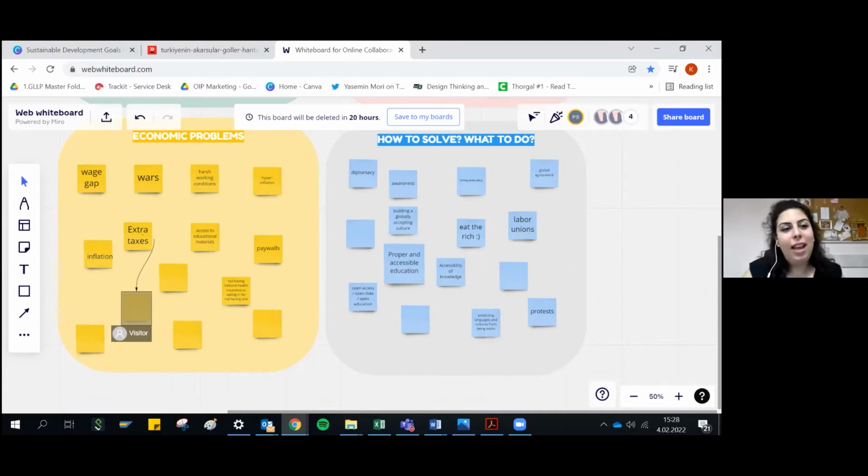Okay. Anyone would like to add something? We can move on. If you have anything to say, we can wait. Somebody wrote entrepreneurship. I just saw it. This is a good one. The person who wrote it, or any other student here, why do you think entrepreneurship would be a solution? Like, what is the motivation behind? What is the system behind? If you would like to add,